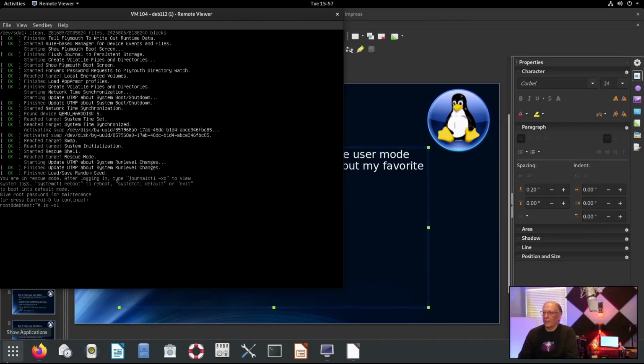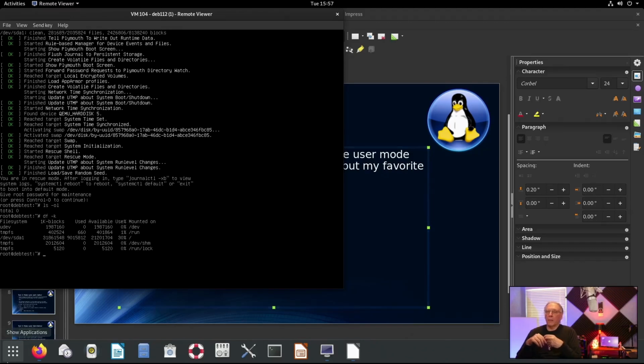So I am actually in single user, and I can go ahead and see things, but I may have to mount file systems in order for them to show up, particularly if they're being mounted during the system boot process. I may not see them here. I may have to mount them up and do stuff with them. Effectively, this is depending upon what applications you have running in run level 1 versus run level 4 or 5, whichever one you choose to run, 3, 4, or 5. So anyway,